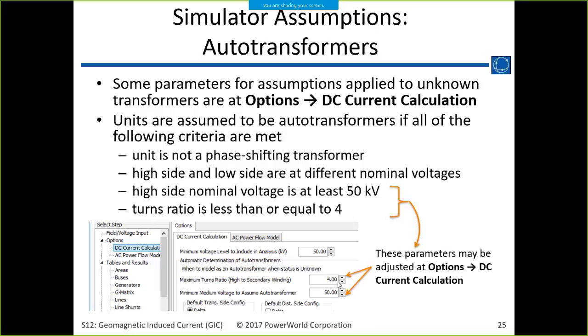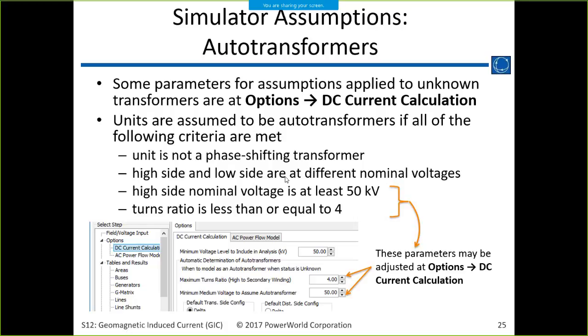Again, if you specify it on a transformer by transformer basis that this is or is not an autotransformer, then none of this is used. It'll use the data that you put in. But if you leave it as an unknown whether or not it's an autotransformer, then it'll look to these parameters, and you can adjust those parameters as well. The defaults are 4 for the turns and 50 for the voltage, and that's explained here.